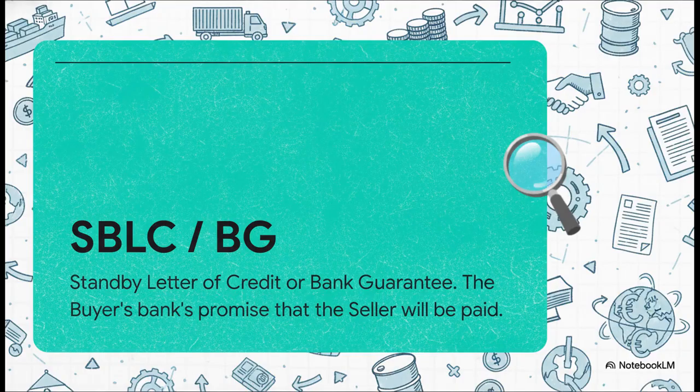Next, you've got the SBLC or BG. This is basically the buyer's superpower. Instead of just saying, "Yeah, I promise I'll pay," the buyer gets their bank to issue this incredibly powerful document. It's a rock-solid promise from a huge financial institution that says, "Hey, we guarantee the funds are right here, and if the seller checks every single box in the contract, we will release the money." It totally replaces personal trust with cold, hard bank-backed certainty.